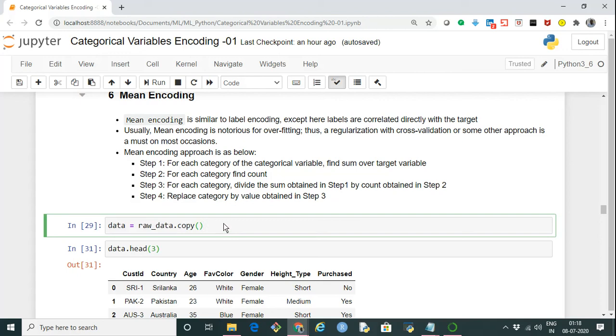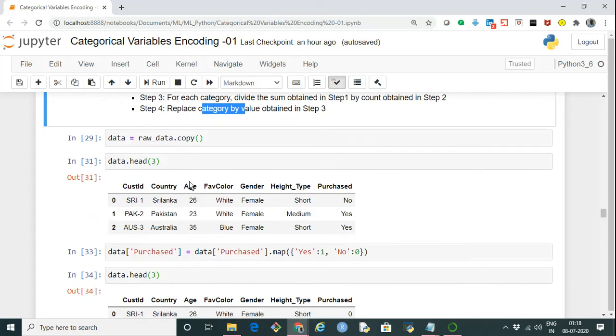The steps we follow: for each category of the categorical variable, we find the sum of the target variable, and for each category, we find the total count. If we divide the sum by the total count, we get the mean value of the target corresponding to each category. That is step 3, and step 4 is simply to replace each category by the mean value.